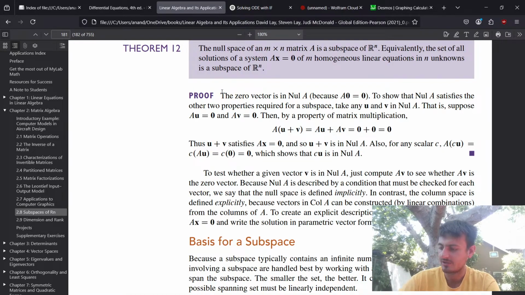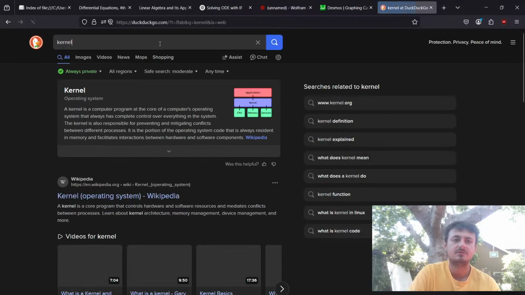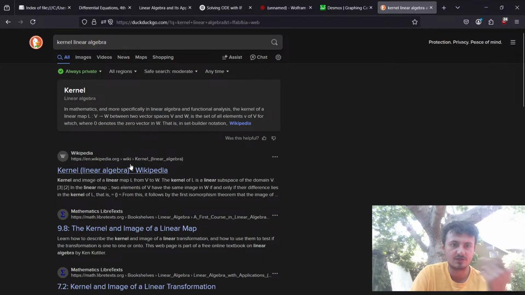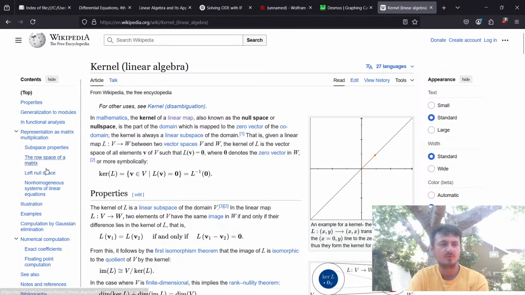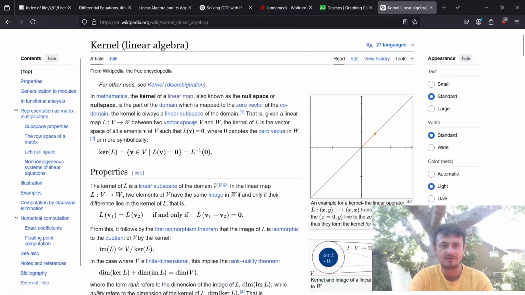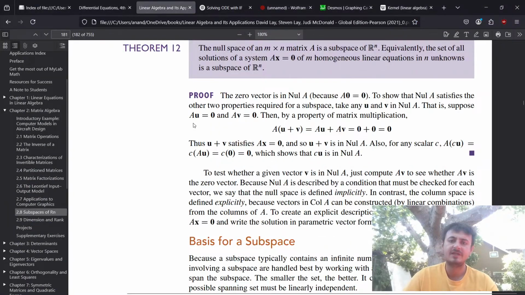I'll write null, but I prefer the word kernel just because it sounds cooler. But null space is probably a better idea of what it actually is. Kernel, I don't know. Let's see. Wikipedia calls it the kernel. But what's the history of the name? I don't know why they call it that. But in any case,